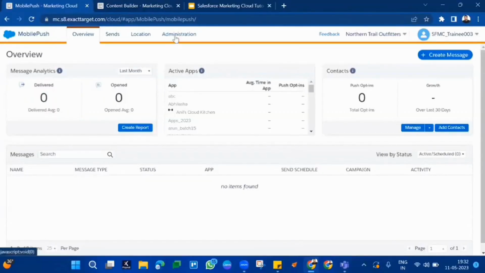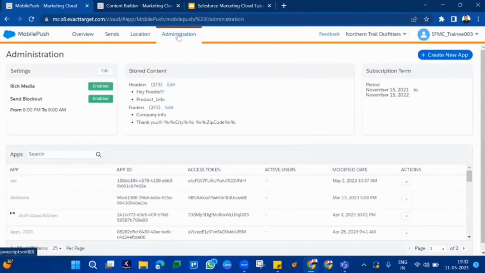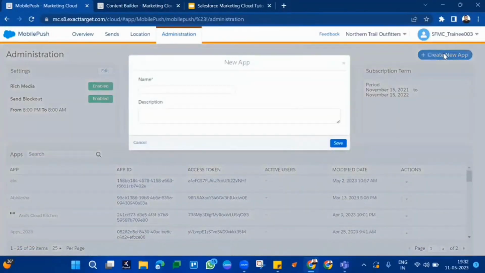So you have to go to the MobilePush section and go to the administration section. In the admin section, you will have to integrate your mobile app to which you want to deliver push notifications. To integrate a mobile app, you have to click on the create new app button. Once you click on it, you define the name of that app which you want to integrate. Once you define the name, click on save. And